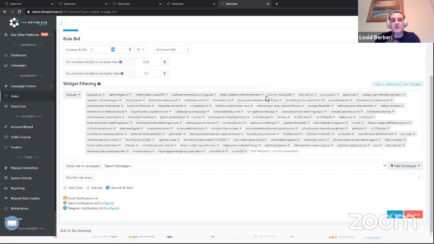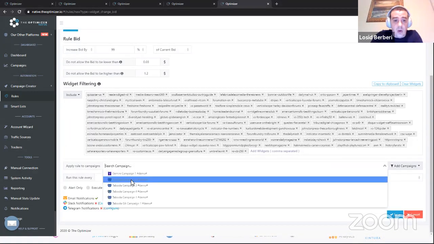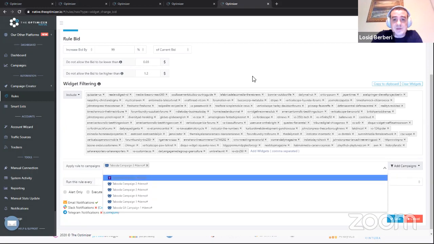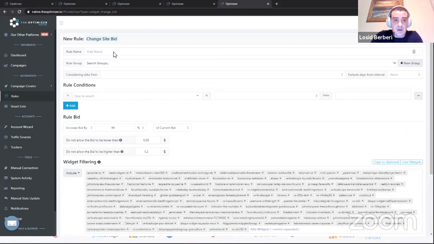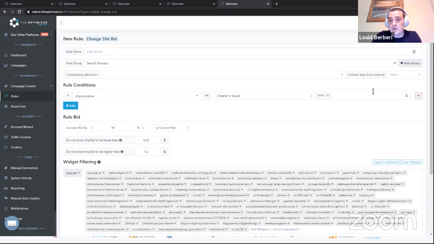Of course, we have a limit on Taboola of 200 publishers and on Outbrain of 500 bid changes per campaign. And there might be some other limits on other sources as well. Honestly, I'm not remembering them right now. However, this way I'm isolating the bid changes to happen only on these publishers for this campaign, and I'm just adding a simple condition like impressions. I want the impressions to be greater or equal to 1, and